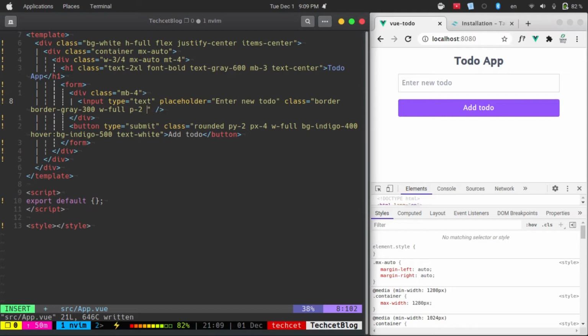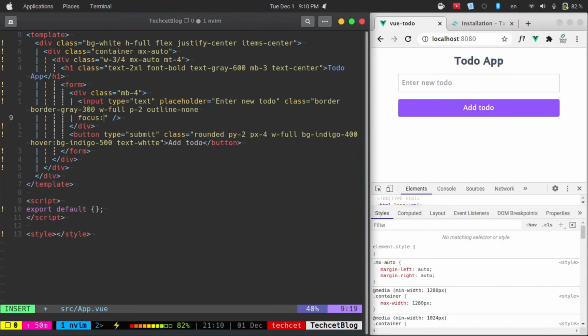So we can make this outline none. So if I click here, the outline is not showing, and also we can use focus border gray 600. Save this. So the border will change like this one,